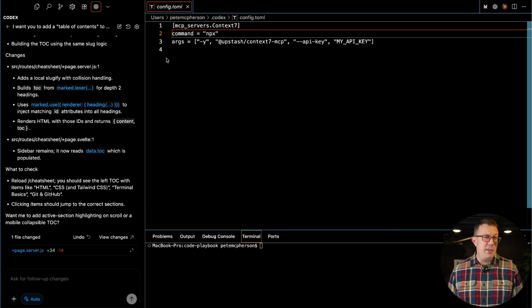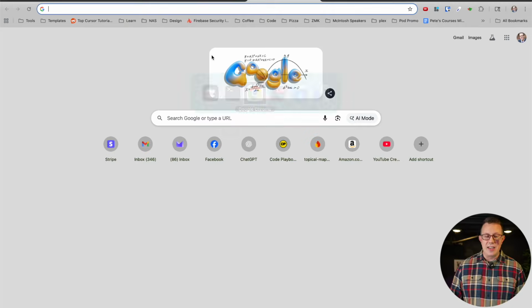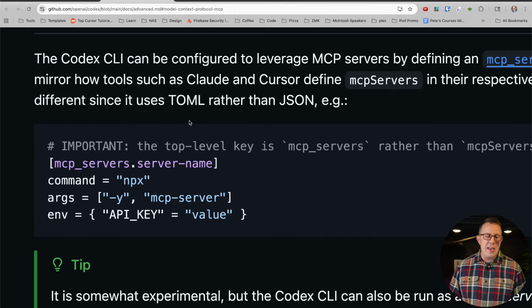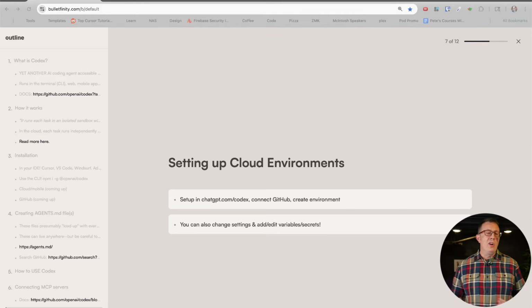You can even go to ChatGPT, paste in some JSON for the MCP and have it translate that into the TOML. Just make sure to feed it this documentation right here first, and it should be able to figure out what's going on. All right, let's keep going on the advanced Codex train here and set up our Cloud